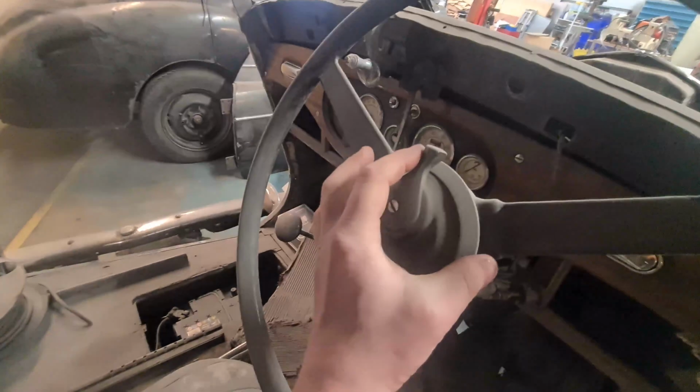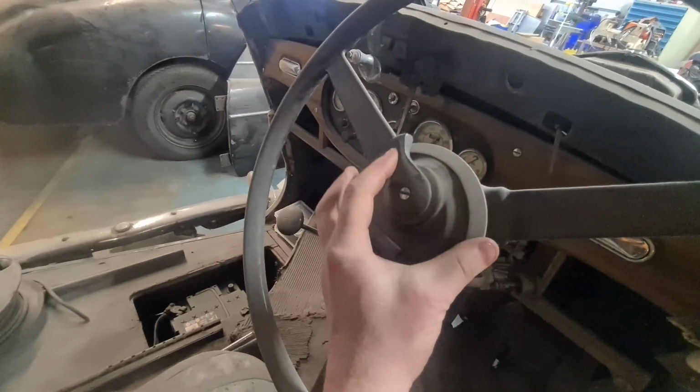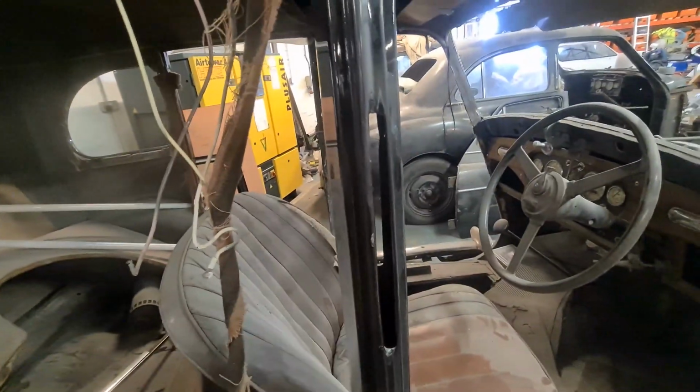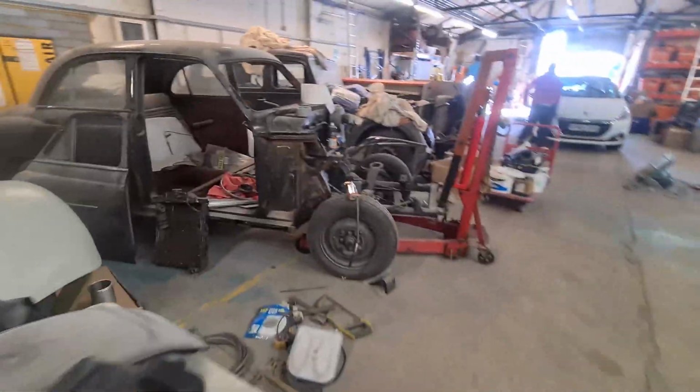So if this is anything like that one over there, this is the indicators or the turn signals. There we go. Yeah, look, turn signal on the thing, and then it's got the old semaphores that come out the side. So let's go around. And this is the